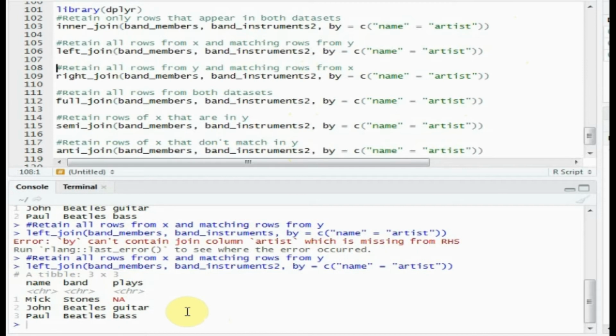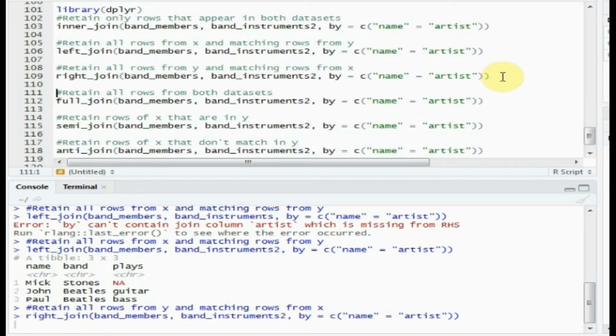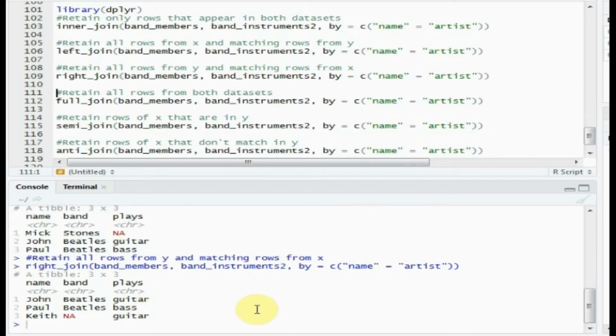So the left join will provide all the rows from dataset 1, whether or not present in the second dataset, plus all the common rows. And if you notice, the rows with no match have NA values in them. The right join is the reverse of the left join. It will return all the rows from dataset 2 plus the common rows.